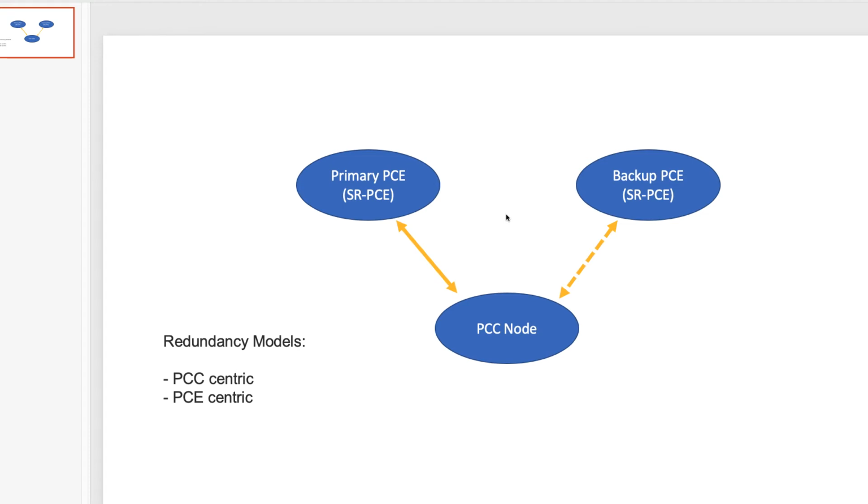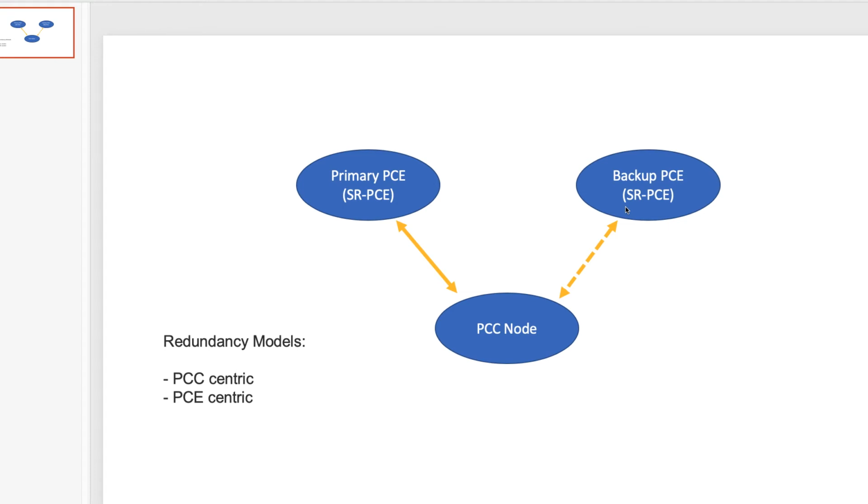Let's assume we have this PCC node 1 and we have configured the PCEP connection between PCC node 1 and our primary SR PCE, and another PCEP connection between this PCC node and our backup SR PCE. The SR PCE configured with the higher preference value, if you remember that, becomes the primary, and the second one becomes your backup SR PCE.